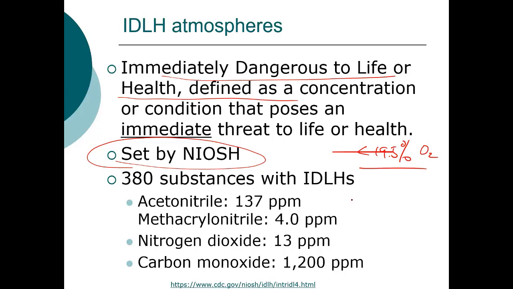These are the values set for a number of chemicals. So for instance, for carbon monoxide, it's 1,200 parts per million. There are specific regulations for sending someone into this kind of an environment. For instance, you need to have visual, voice, or signal line communication so that if someone is in harm's way, you can get them out of that environment as quickly as possible. You always have to have another employee monitoring that employee that's actually in that environment.